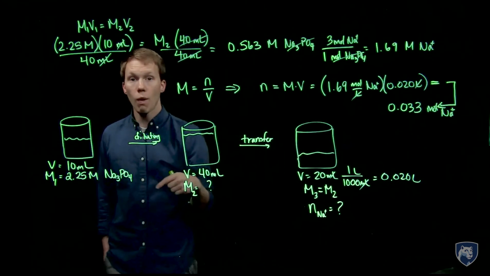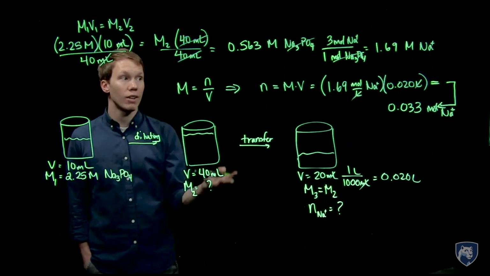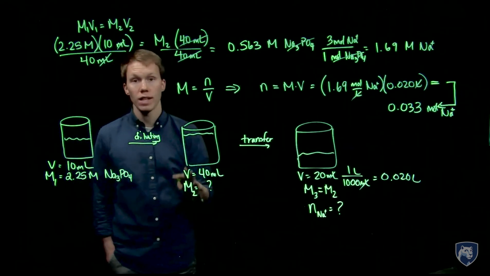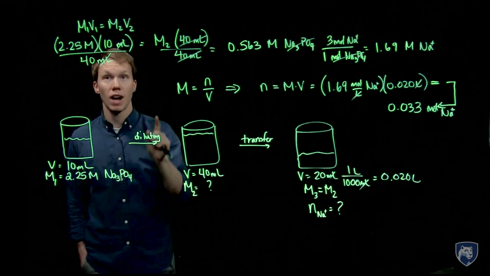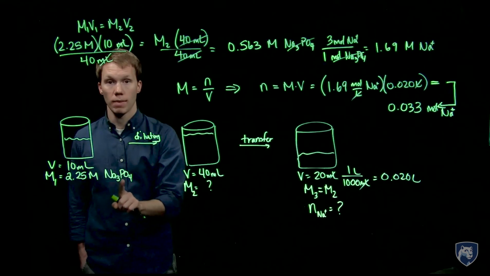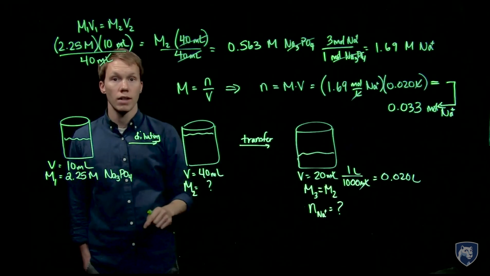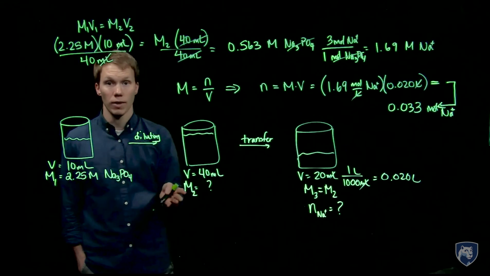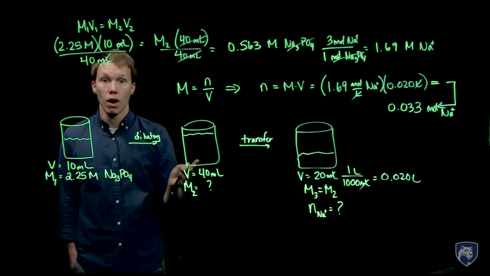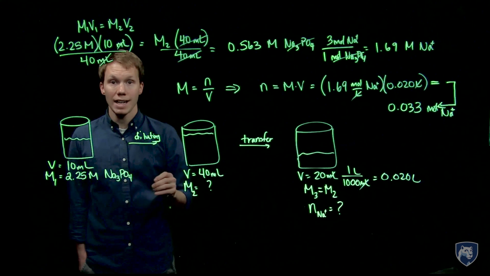Okay? So this required us to fold together the concepts of dilution and transfer and work out the answer to what was asked. Now, I could have solved this a different way. So it would have been fine to start with this concentration and first calculate the sodium ion concentration and then work through these steps. So we could rearrange the order that we did these, and you would get the same answer. So if you didn't do it exactly this way, but you got the same answer, more than likely you are good to go. So give a couple more of these types of problems a try as you're practicing,